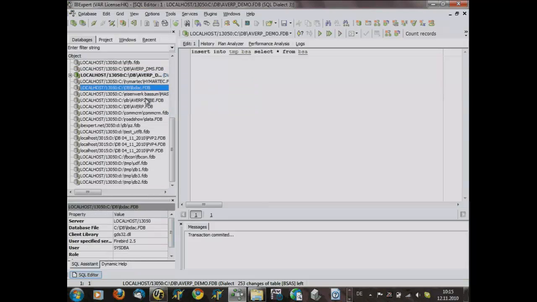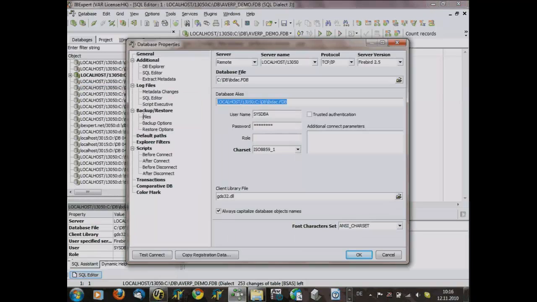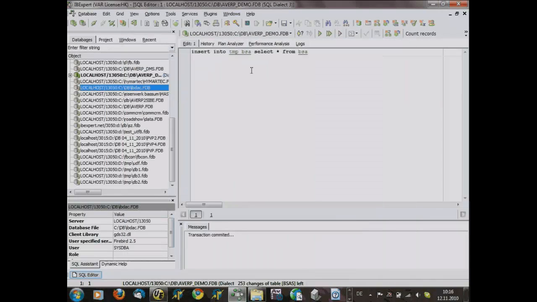So, for example, when I go from here, I take the database registration info, and I want to copy the same data into this database.